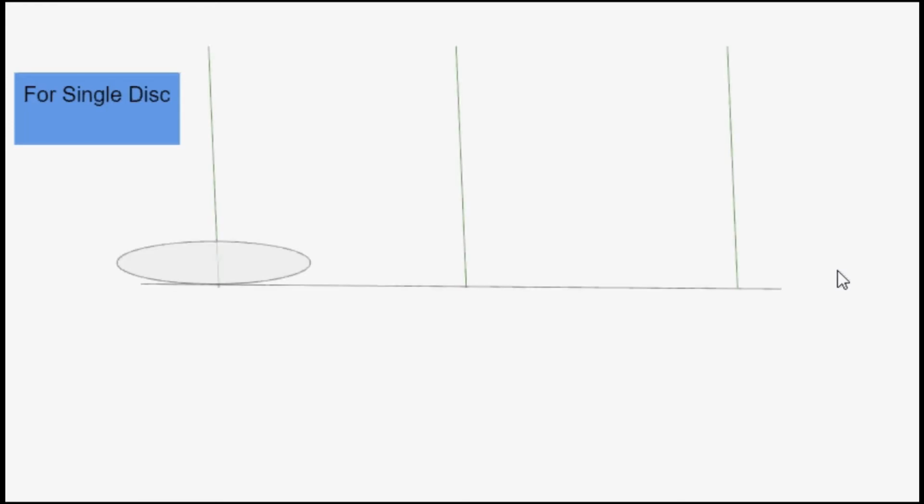In the last video we discussed the concept of Tower of Hanoi. Now in this video we are going to explore that concept more. Firstly, I am going to discuss that if there is a single disk, how we can transfer a single disk from one tower to another tower.